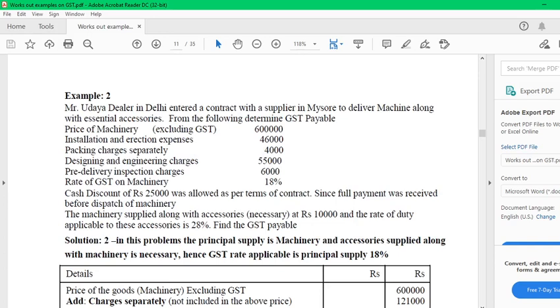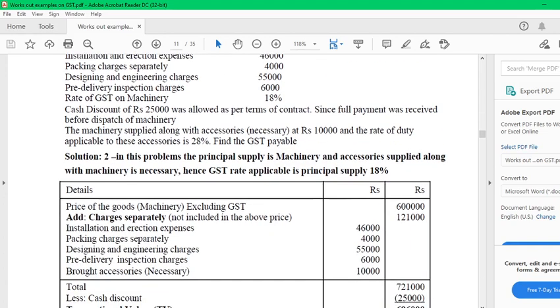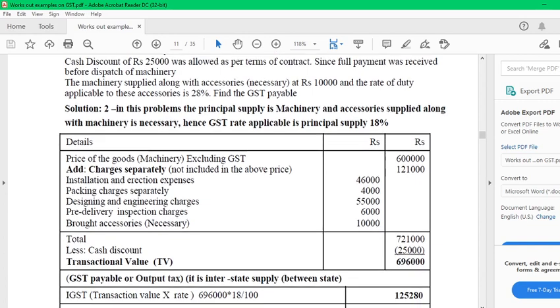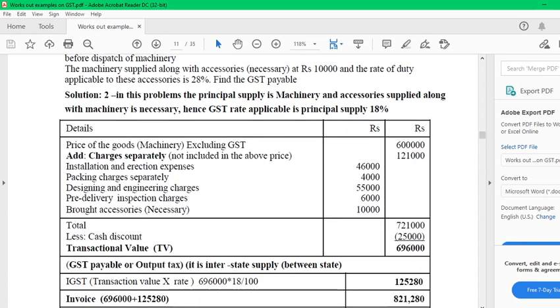Mr. Uday, dealer in Delhi, entered a contract with suppliers in Mysore. Here Mysore is one state, Delhi is one state. Between the states, only one tax, that is called IGST, will be applicable; the remaining is the same as whatever problem we have discussed in the previous one. Same 6 lakhs, 1,21,000 consists of 46,000, 4,000, 55,000, 6,000 and 10,000 for installations, packing, other charges. Total 7,20,000. Cash discount is direct